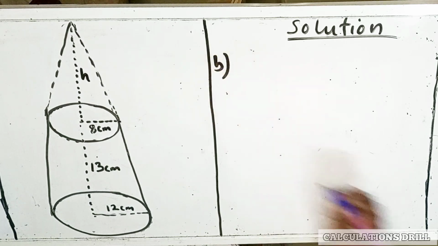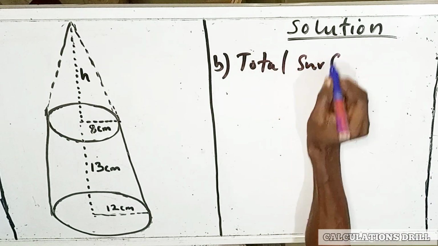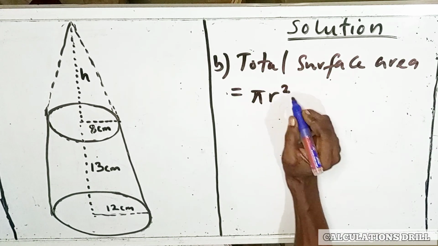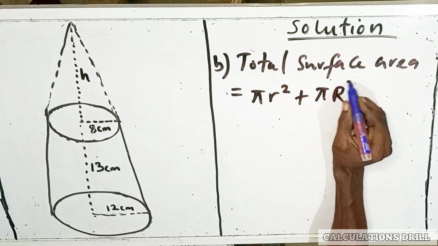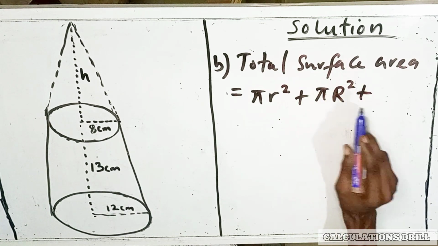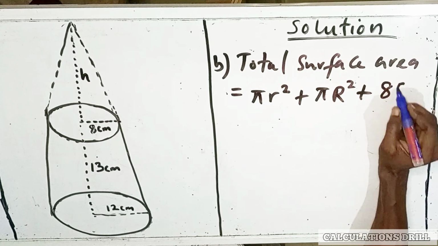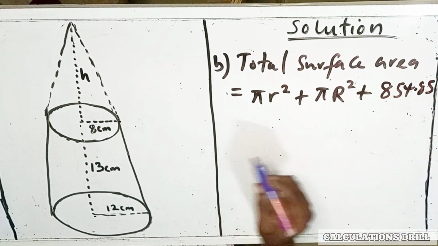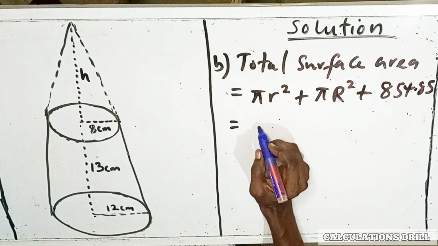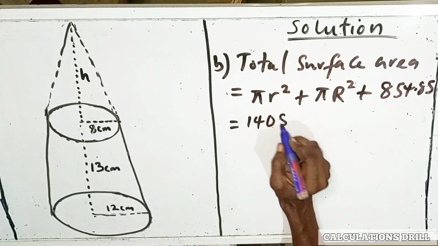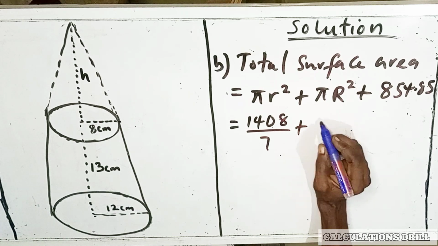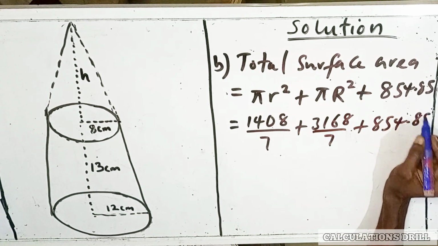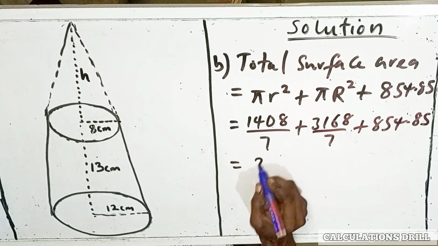Then the next one is total surface area. That's what we need to calculate. So to do that, we're going to add the area of the circular top plus the area of the circular bottom plus the curved surface area. That's what we did there. When we input the values, 1,408 over 7 plus 3,168 over 7 plus our curved surface area,